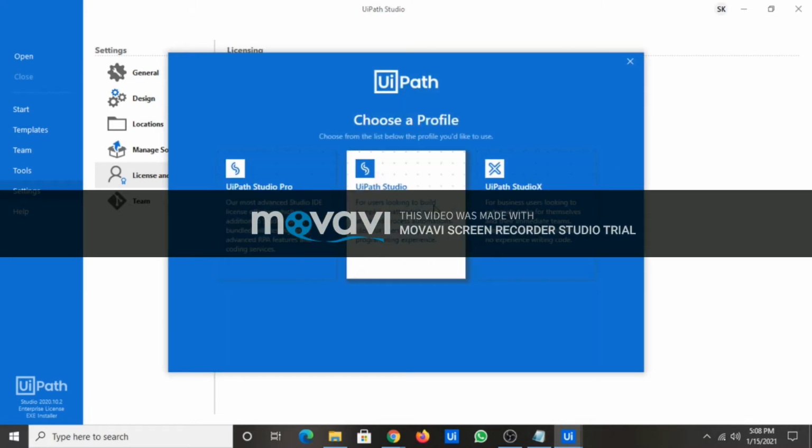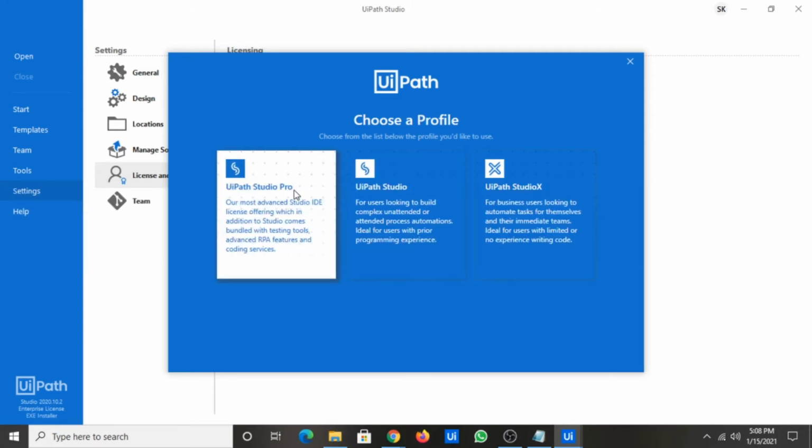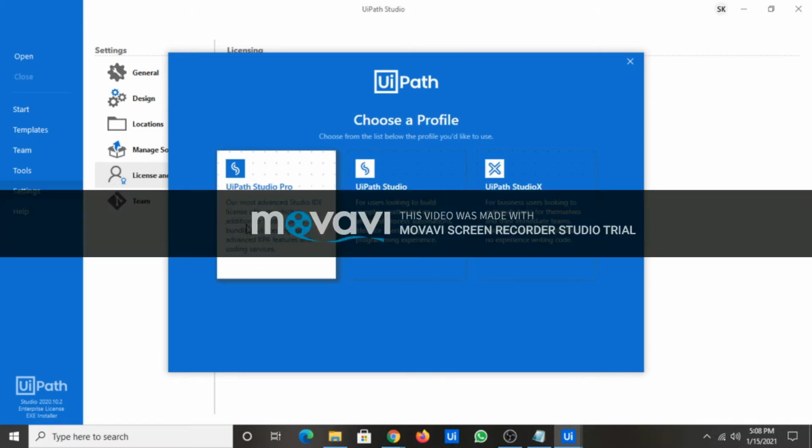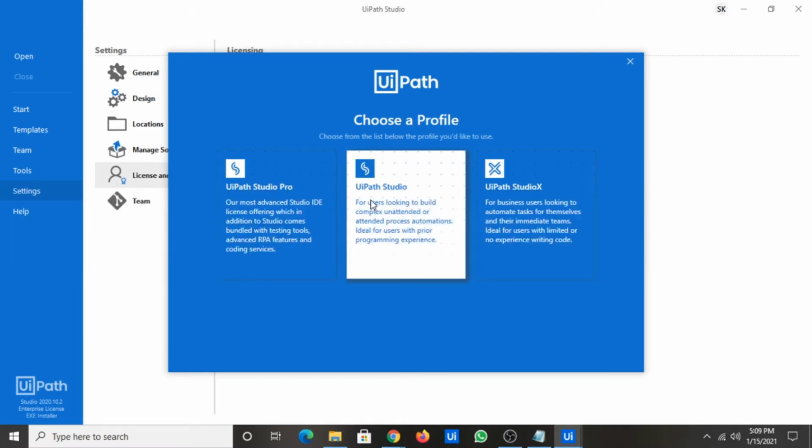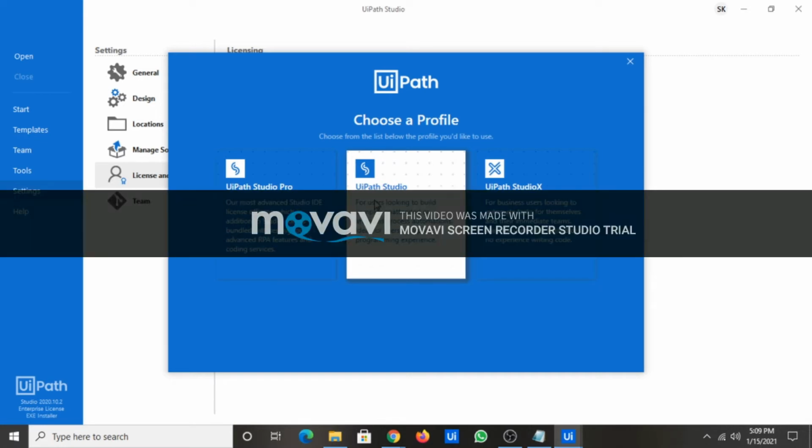As you can see, these are the three products we have from UiPath. UiPath Studio Pro is our most advanced Studio IDE. It is the most advanced licensing offering, which in addition to Studio comes bundled with testing tools, advanced RPA features and coding services. And for UiPath Studio, we have it for users looking to build complex unattended or attended process automation, ideal for users with prior programming experience. Right now I am using it,